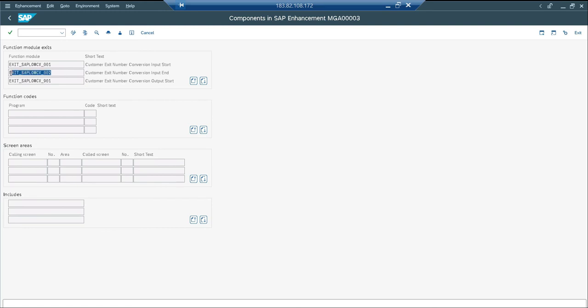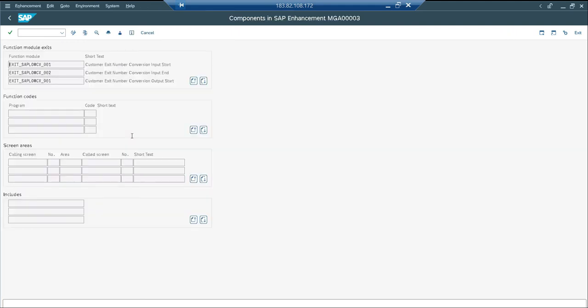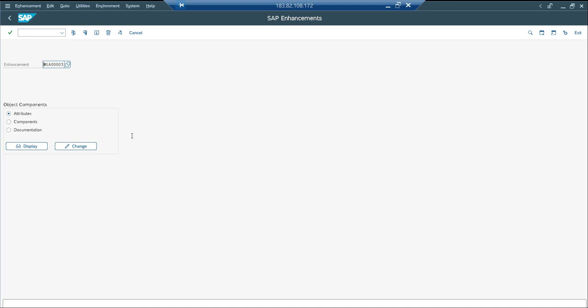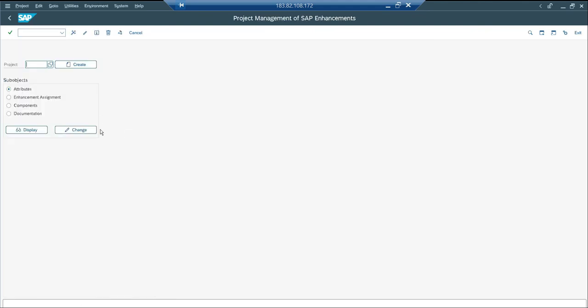So what I'm going to do is, I'm going to decide that, okay, I want to implement the concept inside this function module. So that's it. SMOD is only for search. You can just play around and you have to come to a conclusion. Yes, this is the function module. I'm going to execute it. Then copy this, go back to CMOD, create modification, and most probably what in real time we do is keep